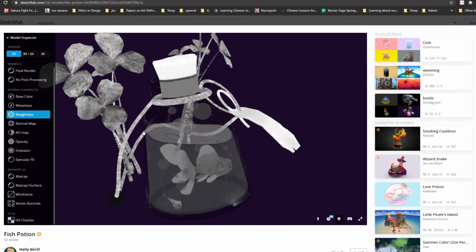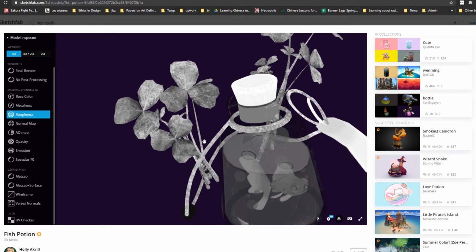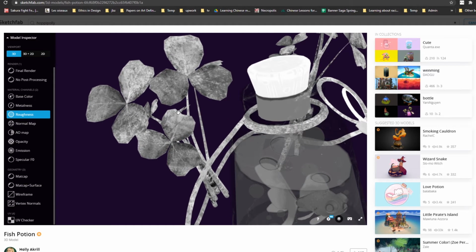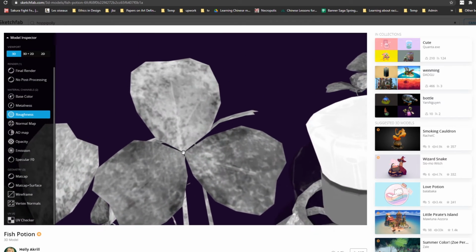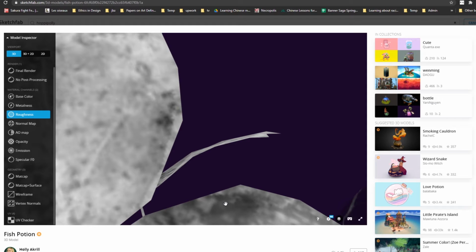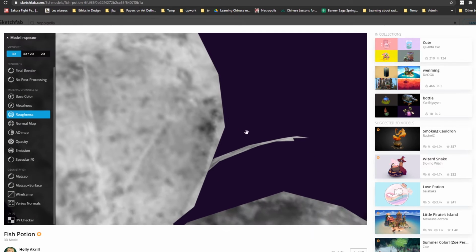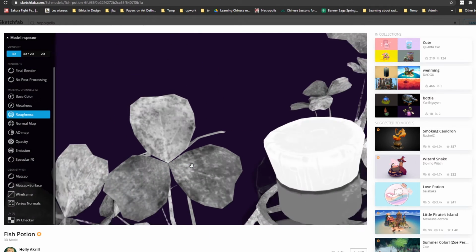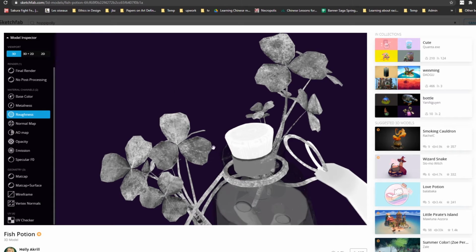She has a roughness map. So this is a black, white, and gray map. And this is telling you how shiny stuff is and how rough it is, right? So everything that's white, because it's called roughness, is turned on. So white equals on, it equals 1, it equals rough, right? And black equals off, it equals 0, not rough, shiny. So white is rough, black is shiny. That's how the roughness map works. So if you took this map out of her final render,